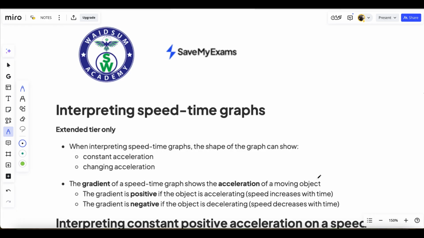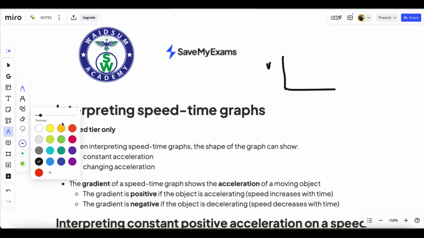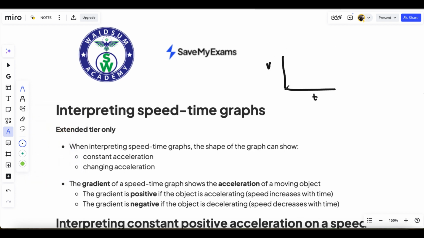Looking at chapter 2, part 3, the last part of chapter 2. Here we'll be looking at interpreting speed-time graphs. Remember, in a speed-time graph, we said if you plot speed against time, for example, and you have a straight line,